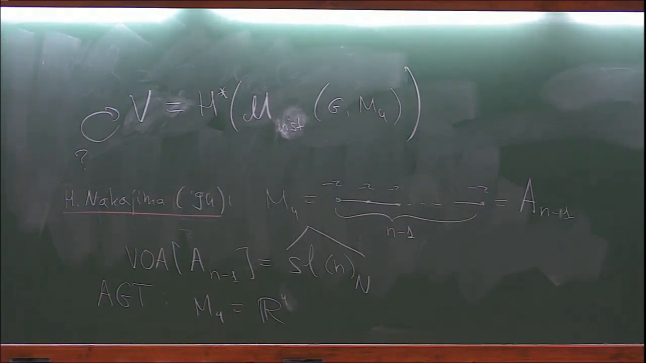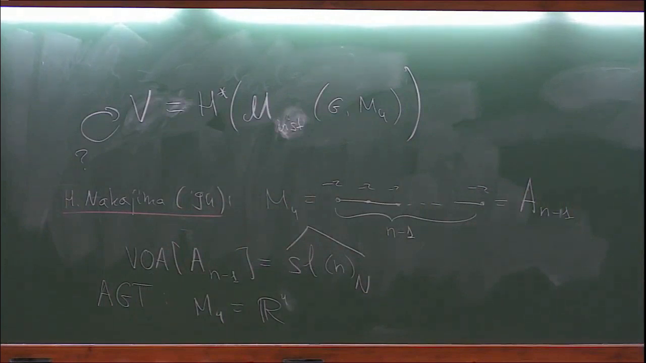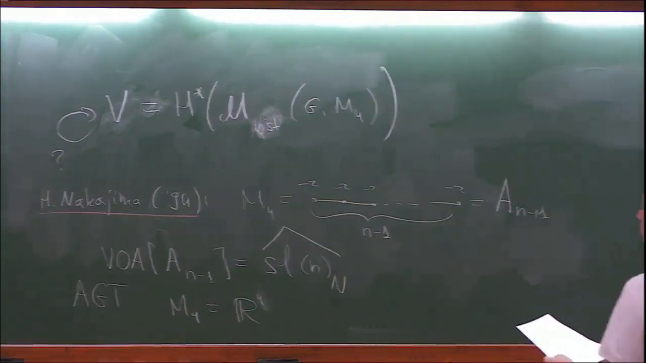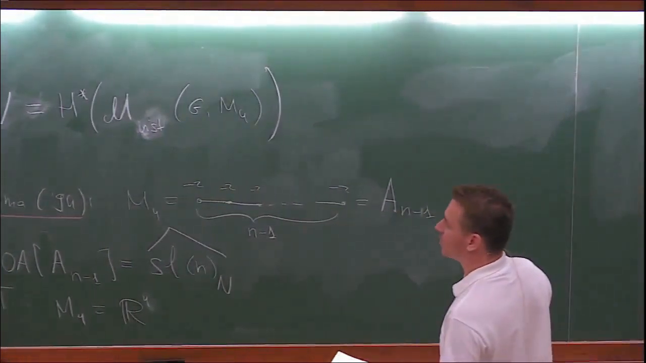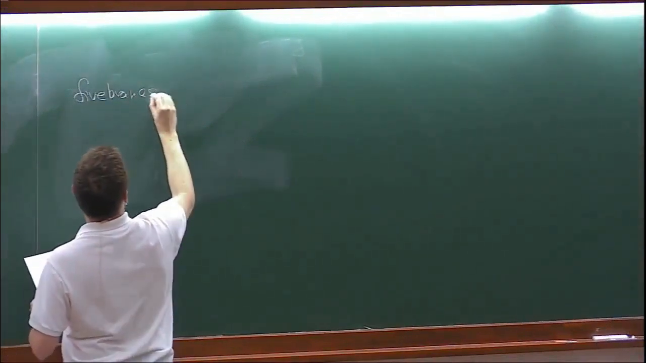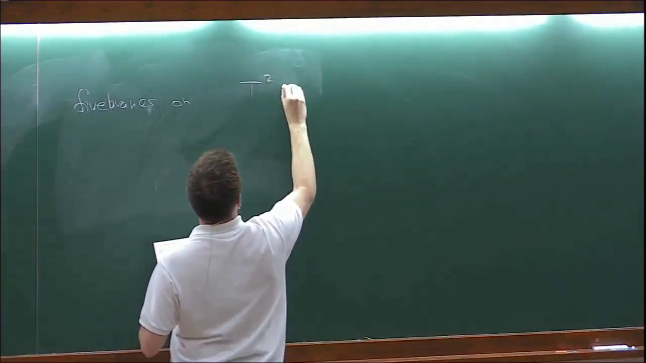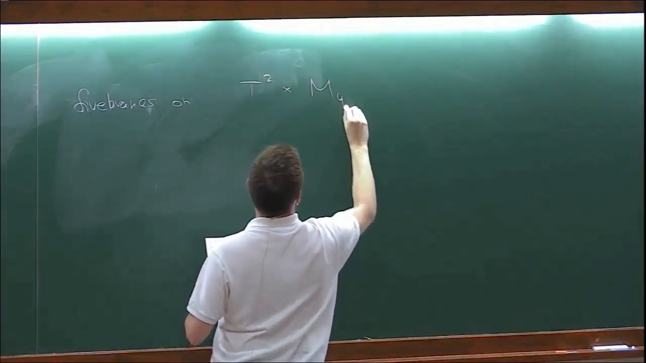Right. So why are the two the same? That's actually a very good question. The two are the same because of the following. If you consider this theory of 5-branes on T2 cross 4-manifold,